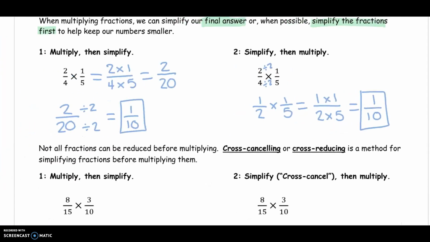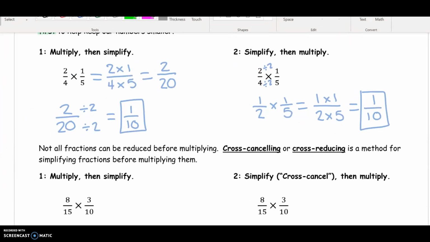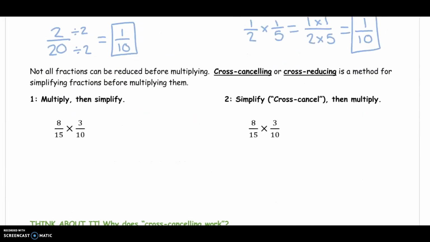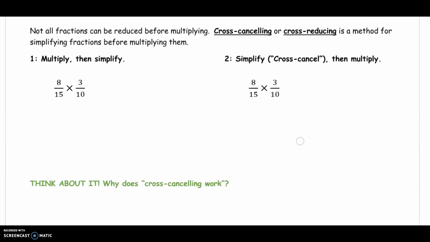Okay, now not all fractions can be simplified before we multiply. So for example, if you look at 8/15, 8 and 15 don't have any common factors, we can't simplify it, and 3/10 also does not have any common factors, so we can't simplify. But there is a method called cross-canceling or cross-reducing that can help us simplify our fractions before multiplying them. Okay, so I'm going to solve the problem 8/15 times 3/10 first, and then I'll show you an example of